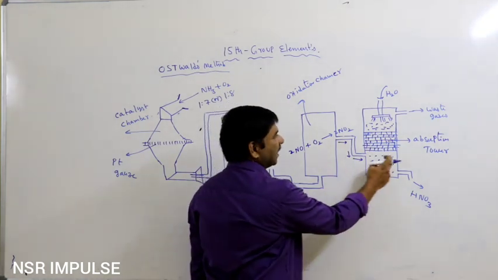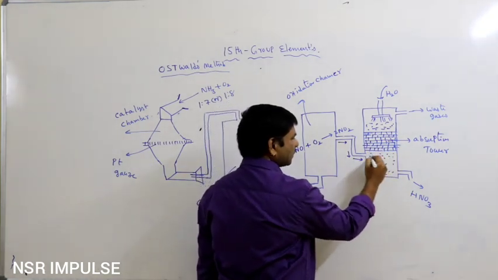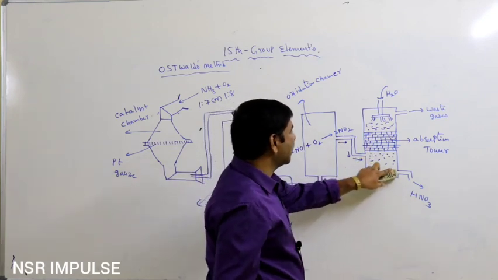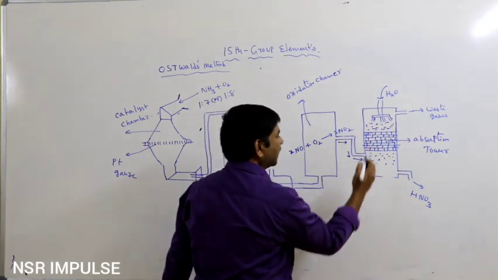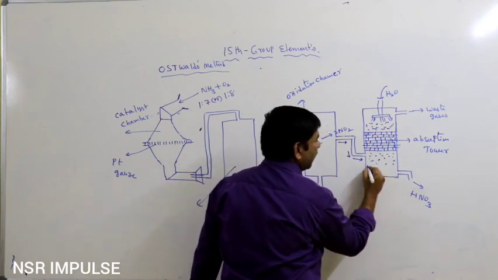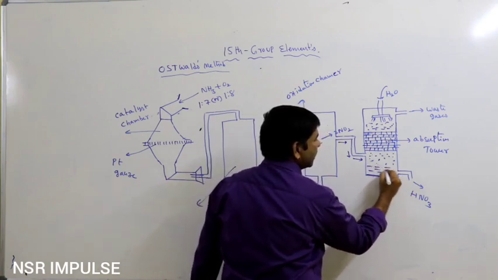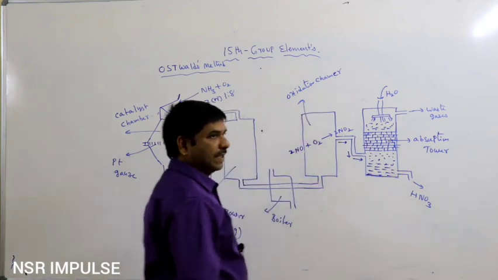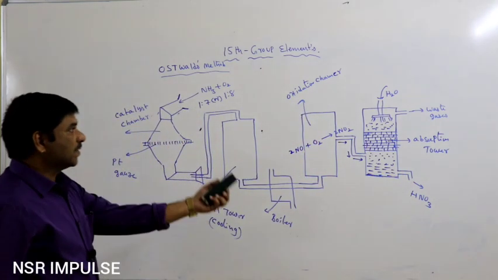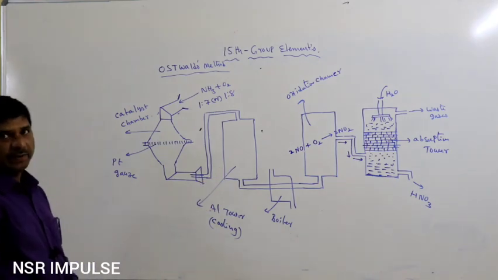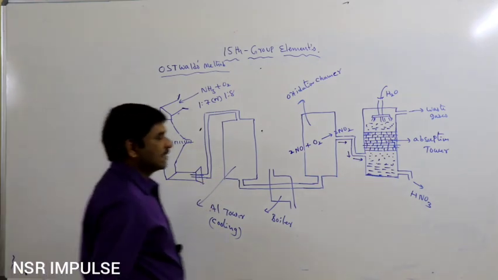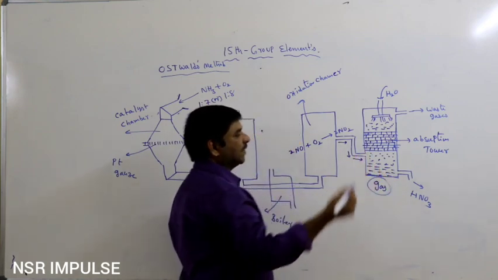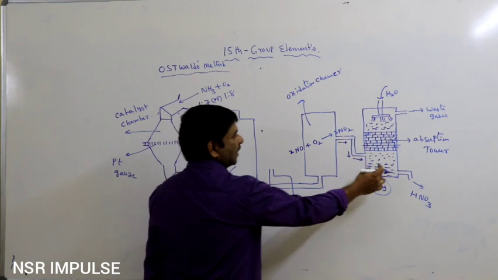At the same time, there is nitrogen dioxide gas. That nitrogen dioxide gas reacts with that water, and it can form nitric acid solution or nitric acid components. So that is about the HNO3. Generally, this HNO3 is in a gas state, and then we convert it into a liquid state.